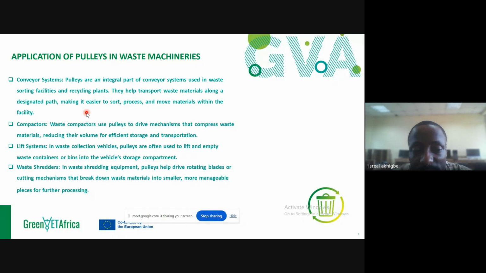You can find pulleys in systems such as conveyor systems that are used for the waste recycling process. Pulleys are an integral part of conveyor systems used in waste sorting facilities and recycling plants. They help transport waste material along a designated path, making it easier to sort, process, and move materials within the facility. Now, also in the use of compactors,